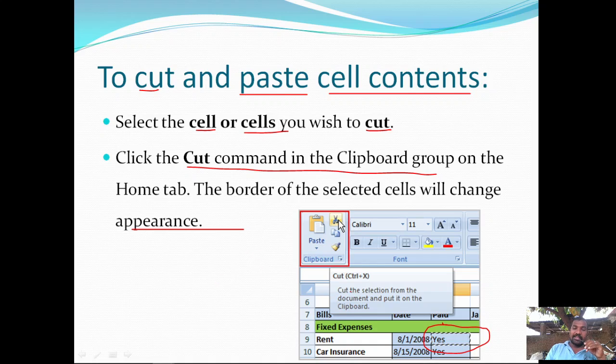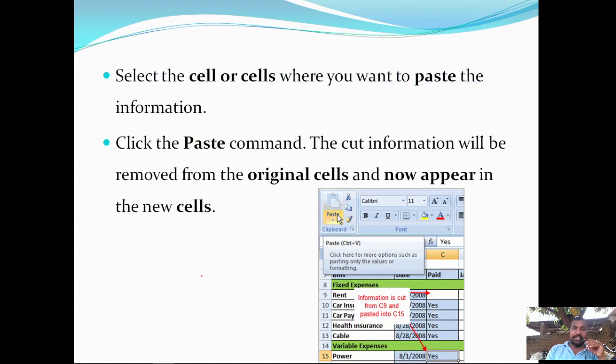After performing the cut operation, the information is copied onto the clipboard. Then select the cell or cells where you want to paste the information, then click the paste command. The cut information will be removed from the original cells and now appear in the new cells.